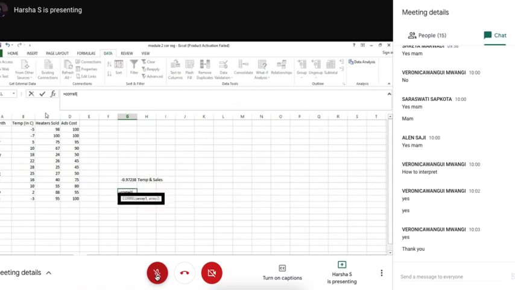So in the second case, if I want to do the analysis in C and D, then what do you think? Which one is the independent variable? Heater sold is an independent variable, or advertisement cost is an independent variable?